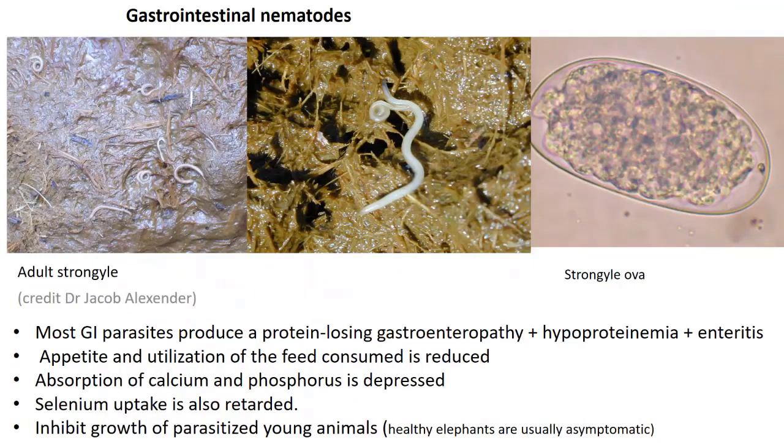The three most important gastrointestinal parasites, just a little short information, the first is strongyles. Strongyles are important. They do not show any clinical symptoms if the elephants are healthy; they are asymptomatic. But chronically, they slowly cause protein-losing gastroenteropathy, hypoproteinemia, enteritis, reduced appetite, and retarded uptake and absorption of calcium and phosphate, which are all important for